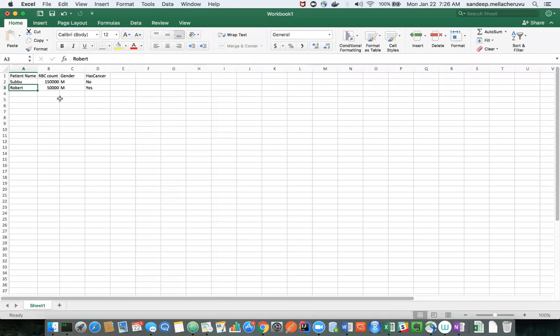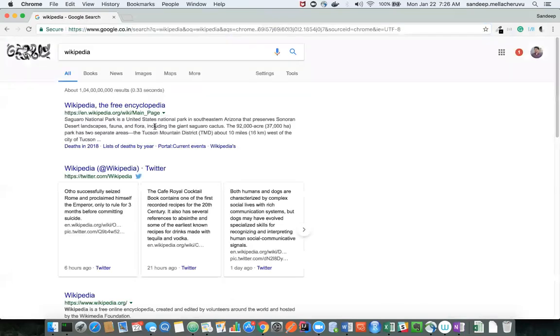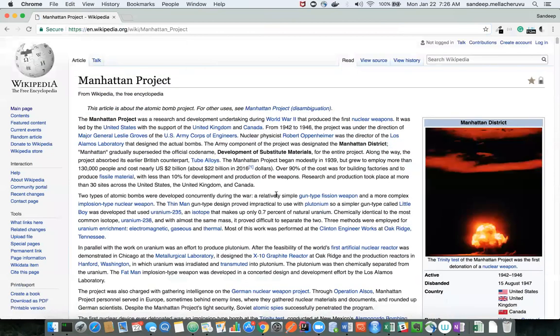But sometimes you might see a textual data set, and you have to convert your text. Let's say there is text like Wikipedia text, maybe the Manhattan Project, I don't know what it is, but I think this is a nuclear weapon project. Let's say this is the textual data you're given.